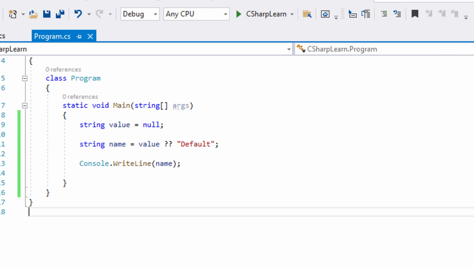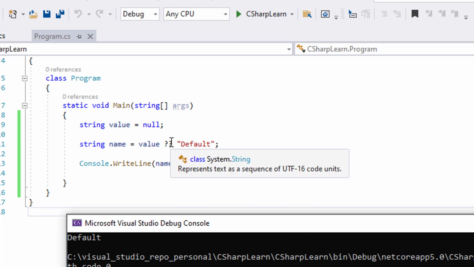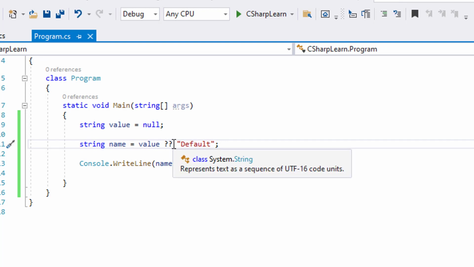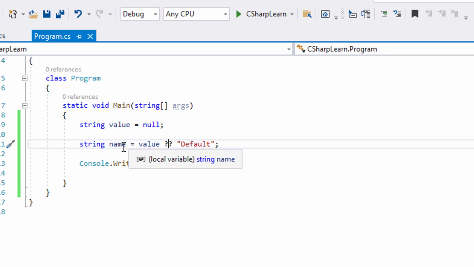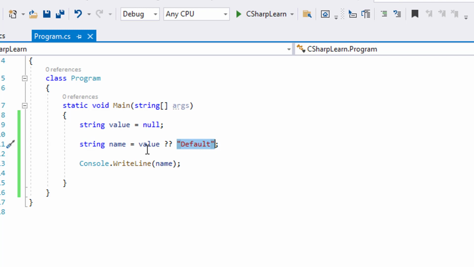Again run the program, and you can see that it is printing default value. Why? Because this value was null. That's the use of the second operator, the double question mark: if the left value is null, then assign the second value, the right hand operand. If it is not null, then assign the first value to the name.